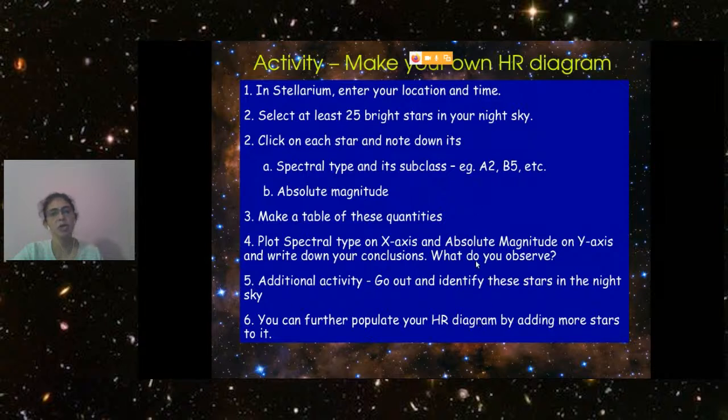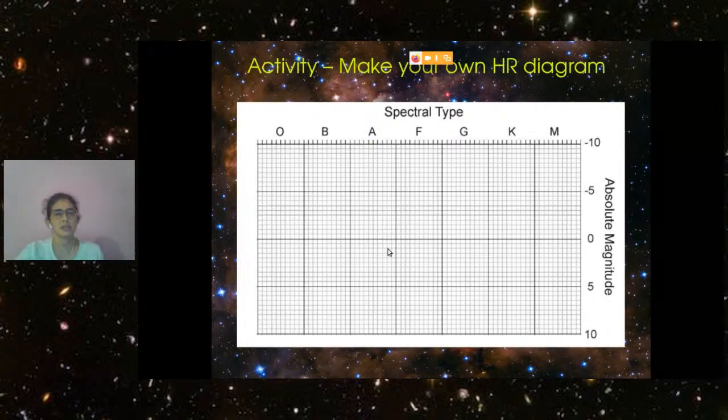The star name, you can also note down the name of your star. You can note down its absolute magnitude, note down its spectral type. And plot the spectral type on the x-axis and absolute magnitude on the y-axis. So you draw a graph like this. On your x-axis is the spectral type in this form. And as you know, you can go from O0, O1, O2, O3, and so on. In B, you can go from B0, B1,